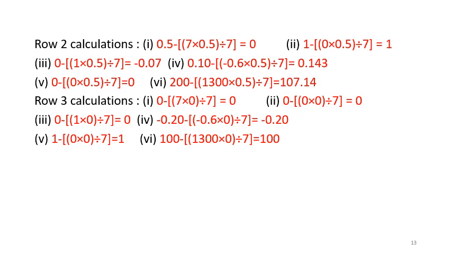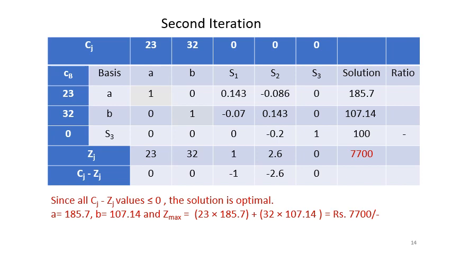The sample calculations are shown here. You can just attempt it and find out how you get the elements of the new table. This will be a new table now, the second iteration. So in this second iteration table, you can get here